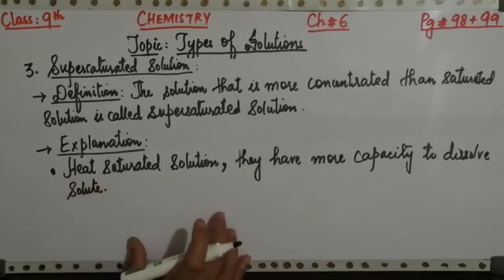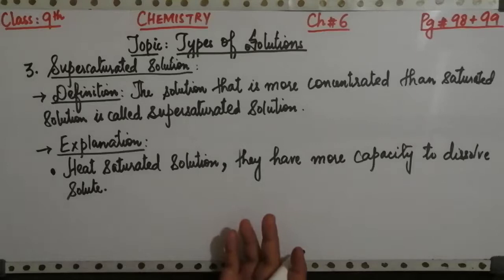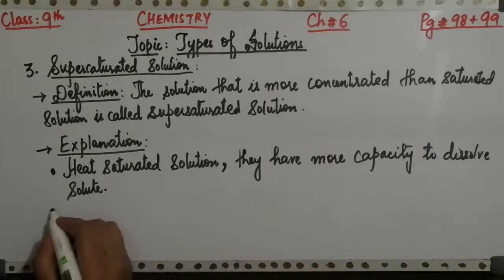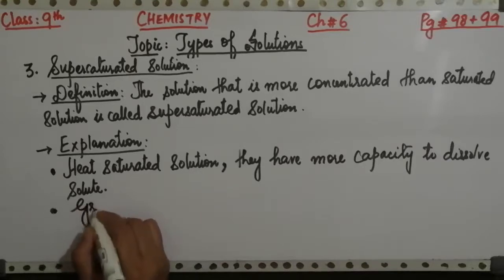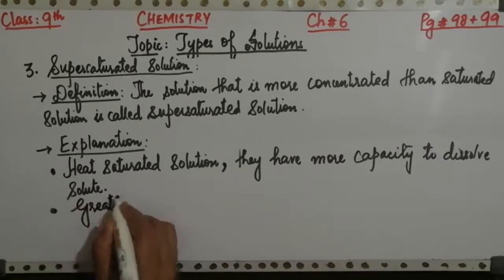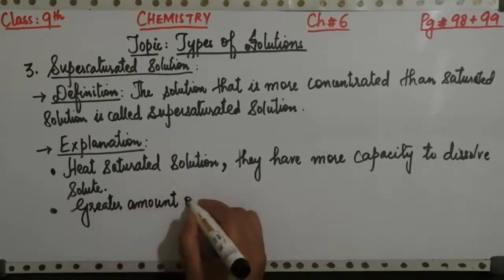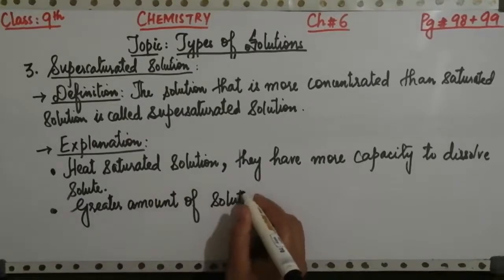इज दिस थिंग क्लियर? Now such solutions contain greater amount of solute than is required to form a saturated solution, and that's why they become more concentrated. So the next point is related to it कि इनमें ज़्यादा amount में solute होता है. So it has a greater amount of solute. इन solution की ख़ास बात ये होती है कि इनमें solute की मिकदार कहीं ज़्यादा होती है